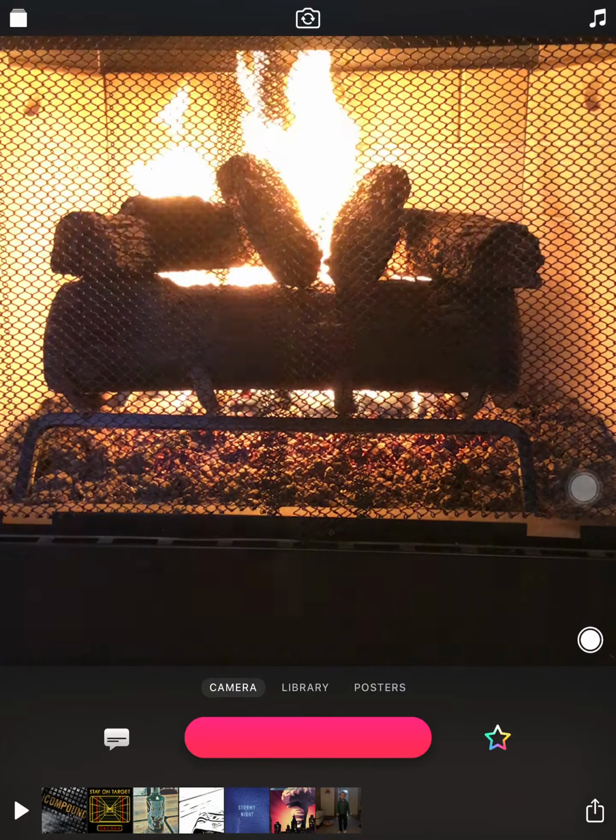Then any of the pictures or the video that you take and bring in, you can add some fun filters and things like that. So if I come over to this picture, I can add different effects under the star. So I'm going to tap on that and I can change my filter, whatever I want it to be. We'll go with it. There's labels. This is your kind of option for text. So you can see that I already have one label in here and I can add another,